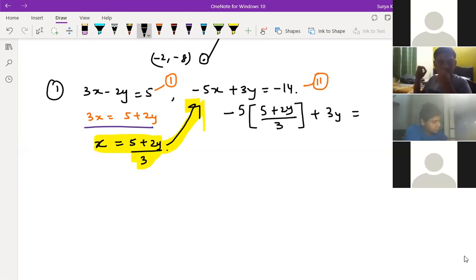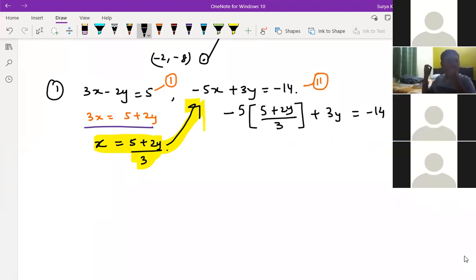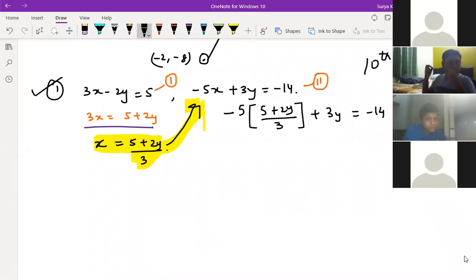Sir, anytime we need to keep it in the second equation, sir? If you are finding the value of x from the first, then you should put it in the second. If you are finding the value of x from the second, then you have to put it in equation first. That is the only difference. So these things will help you till 10th. The same questions are available in class 10th also. You people are not having this type of hard questions right now, but you should know this.